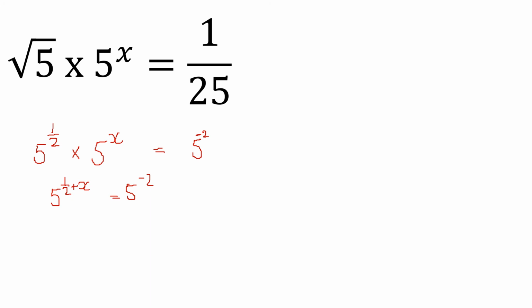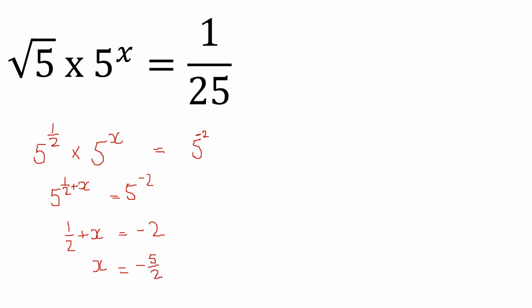So our bases are the same, we can't simplify our indices anymore, so we can just write it as a half plus x is equal to minus 2, and then we can rearrange to find our value of x. So I could take away a half on both sides, and that would get me x is equal to minus 2 minus a half, which is minus